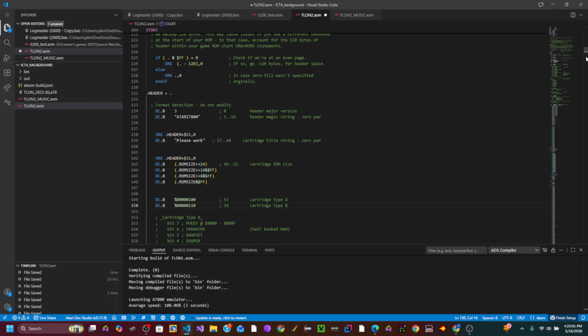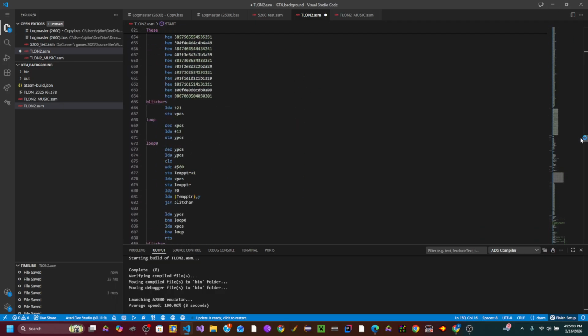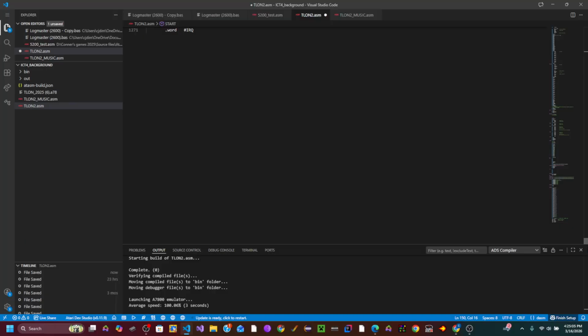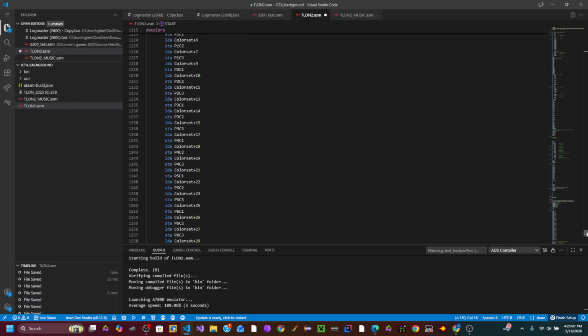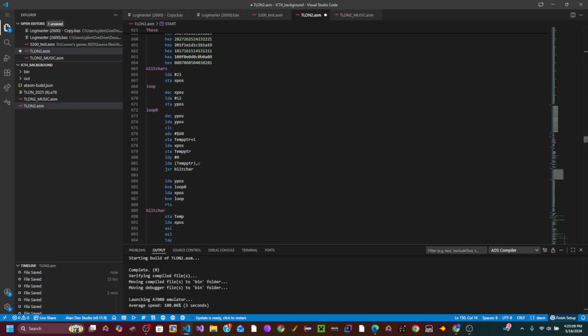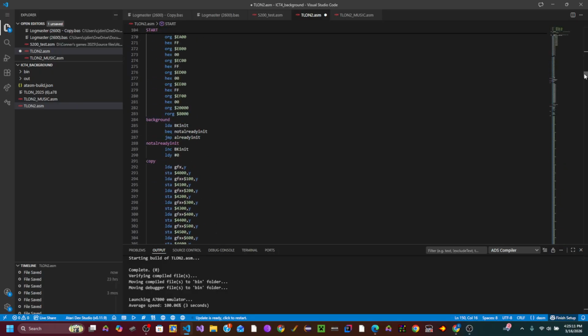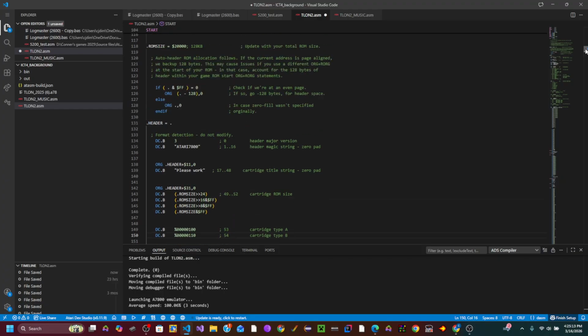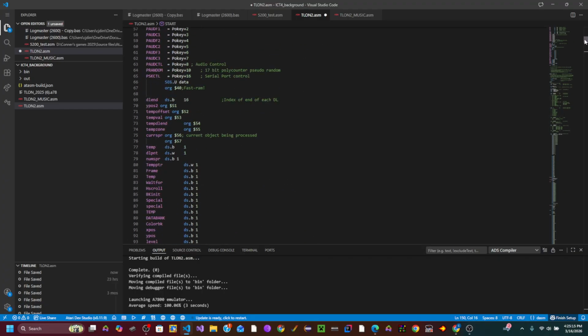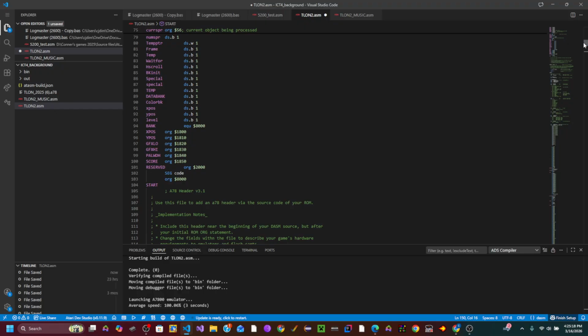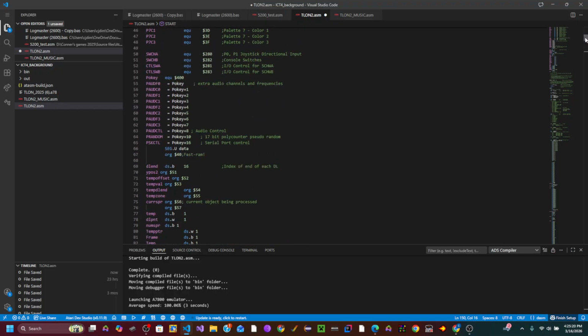So don't be turned away from that black screen. It's just a glitch. It might be specific to my code, but I find it does that elsewhere too. But yeah,